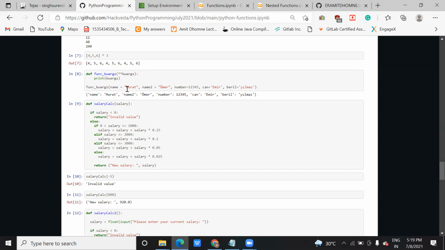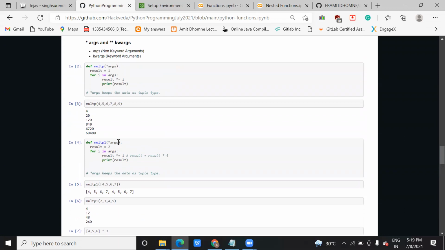And if we had to do that with a non-keyword argument, we have another option: you can directly add a variable name also, like asterisk args comma any variable, like suppose p is equal to 6.